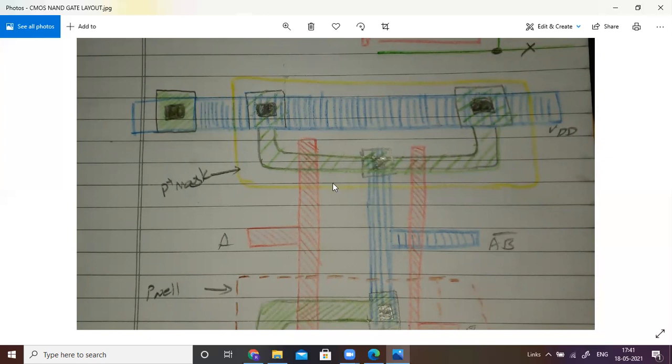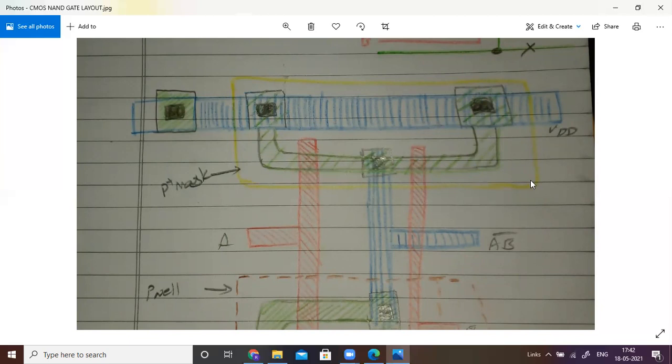To join this p-Thinox and n-Thinox, we can use a metal 1 layer and make an ordinary contact here, so that you get a structure like this. These are the inputs. Now draw the hatchings in the same way. Metal 1 is a vertical hatching. Polysilicon starts from left to top right corner, and the Thinox layer also starts from left to top corner. These are the contact cuts.